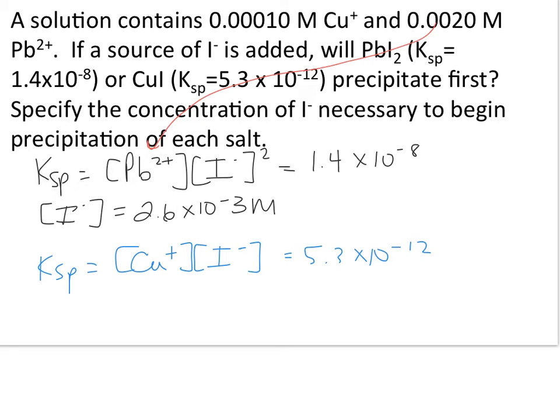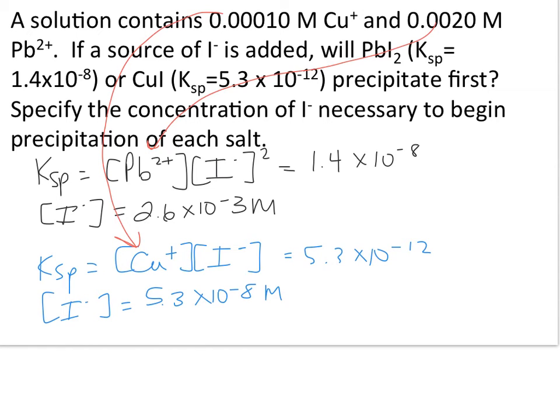Now let's do the same for the copper iodide. We have the KSP, and we also have the copper ion concentration as 0.00010 molar. So we can substitute that in and solve for our iodide concentration. We get 5.3 times 10 to the negative 8th molar. So any concentration of iodide in excess of 5.3 times 10 to the negative 8th molar will cause the precipitate